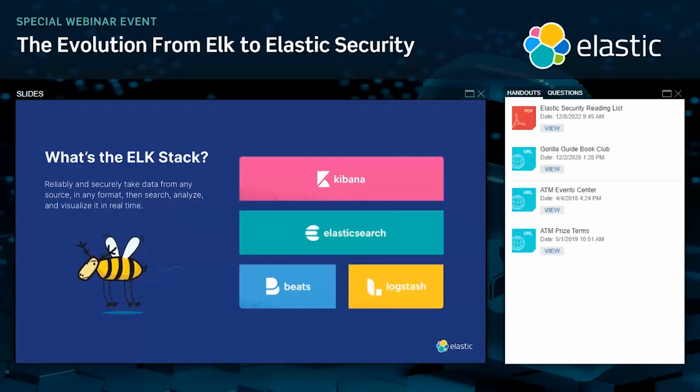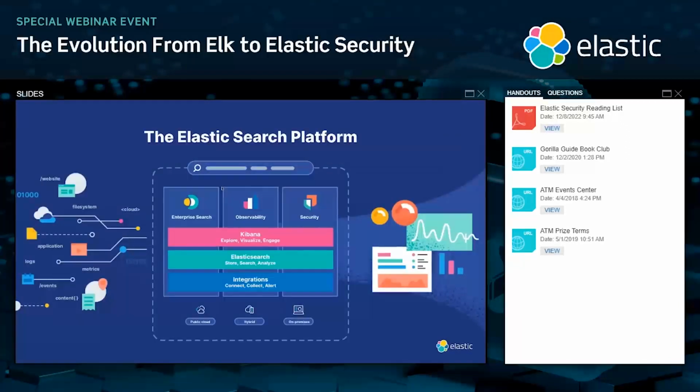Beats and Logstash are two components that have been used for a long period of time to simplify the ingest of data into Elastic. ELK stands for Elasticsearch, Logstash, Kibana. It's an acronym. When we introduced Beats, some community members started using BELK, that you can see there. That is kind of funny in a way.